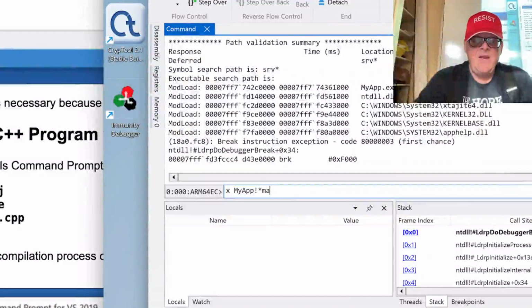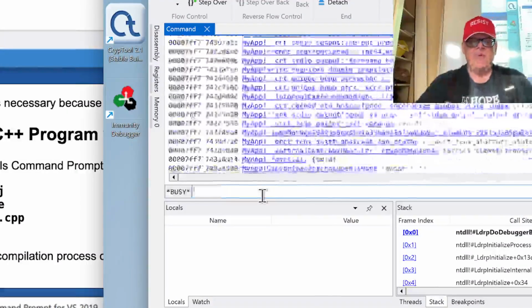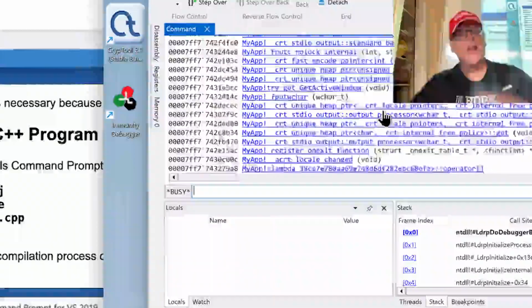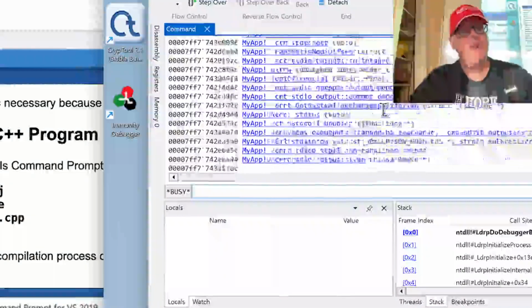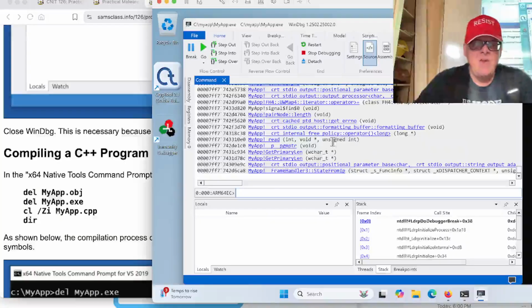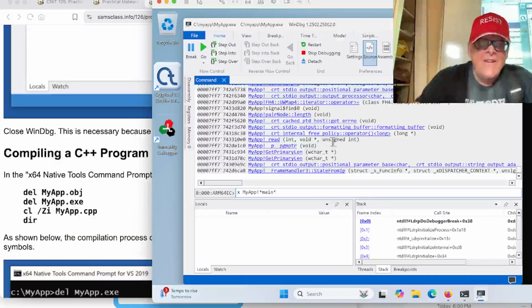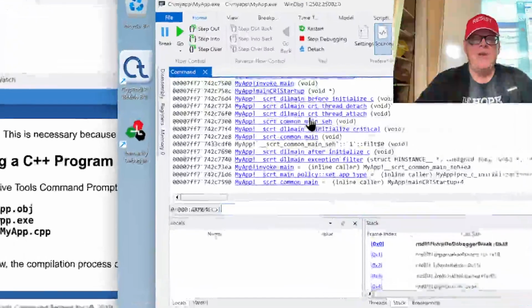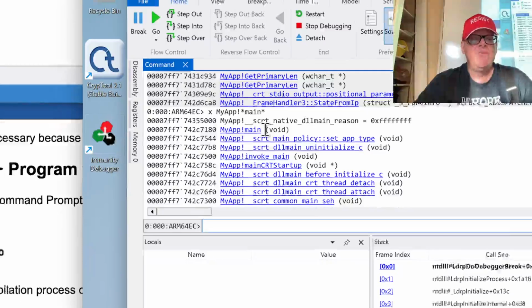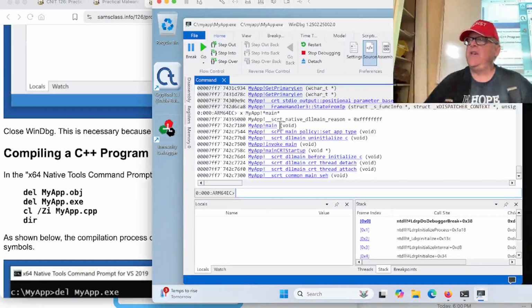bang, star, main, star. Oh, I got an exclamation point instead of a star at the end, so now it has a lot of symbols. Really kind of too many. So I'll have to wait for all this junk to go by. But, okay, they're good. Now I wanted a star at the end, not a bang. There we are. Now I get a relatively short list, and it does include the actual main here, my app, bang main. So that's where it actually starts,